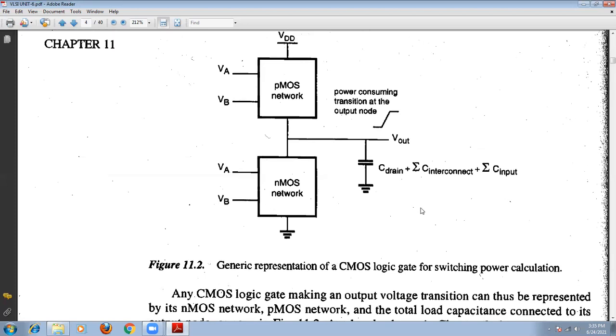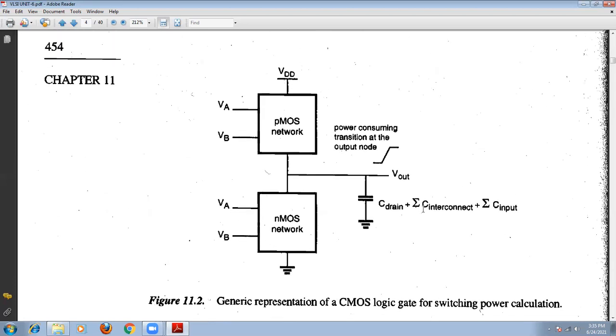So therefore, in this case, the average power dissipation in the CMOS logic gates can be calculated from the energy required to charge up the output capacitance, the output node, to VDD. The total power dissipation in this case depends upon the total energy stored, which equals the charge of the output node and the discharge of the total load capacitance to the ground. That is a thing you have to remember.